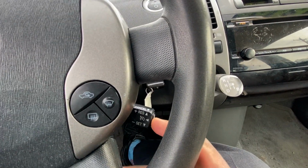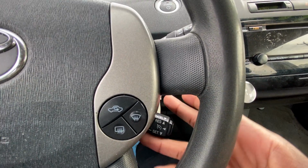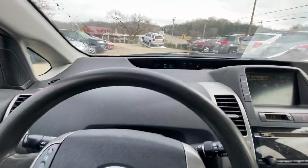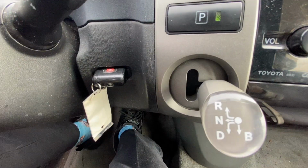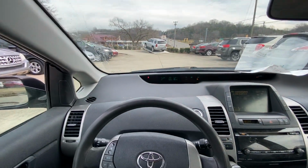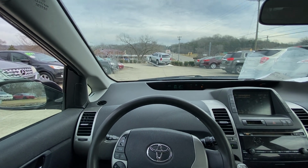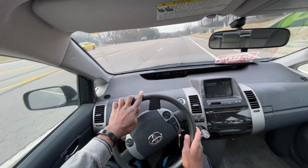And then for the cruise, just click there. You can adjust speed there, cancel by pulling up. But other than that, again, that key fob is in there. But now let's go ahead and take this 2009 Toyota Prius out on the road for a test drive. So starting the test drive in this Toyota Prius,